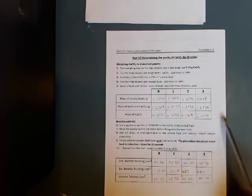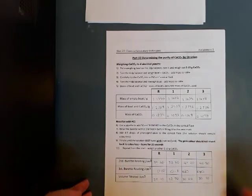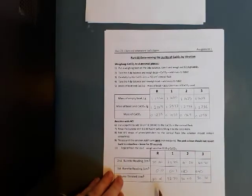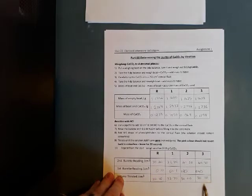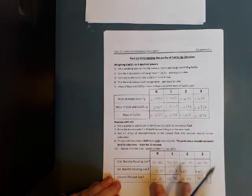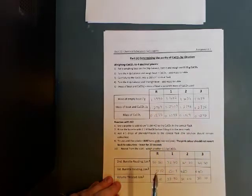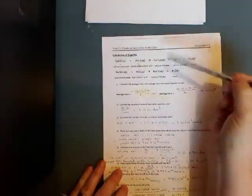We had the rough one and then 1, 2, 3, and of course when we're doing a titration we want to have a minimum of 2 concordant results, with the actual volume recorded. In fact, the rough one and number 3 were concordant results at 30.10 centimeters cubed. So they're the 2 bits that I'm going to use, and I'm going to use the 2 corresponding masses as well. So if we turn over, we're given the reactions that occur, but before I come into that,